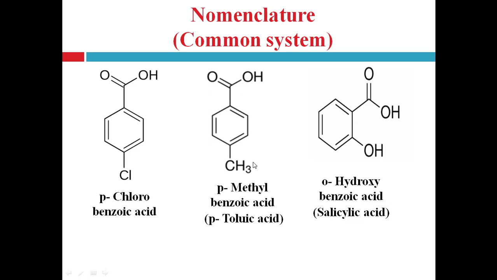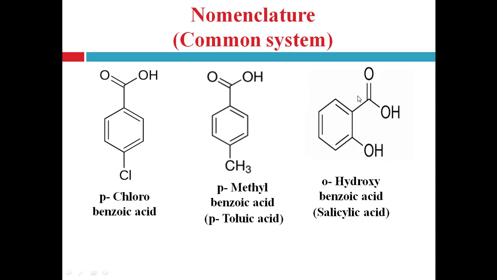Because first consider the benzoic acid as a basic structure, and on this benzoic acid consider the methyl group as a substituent, and which is present at the para position to the carboxylic acid group. That's why para-methyl benzoic acid, and which is also known as para-toluic acid. Likewise,